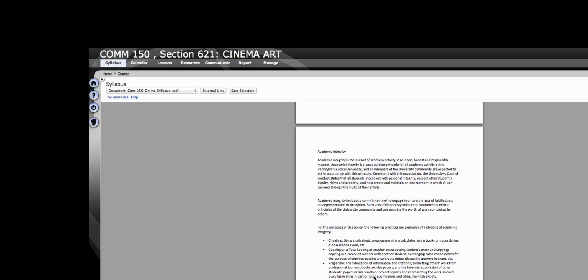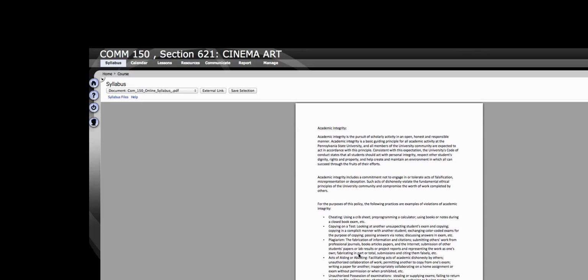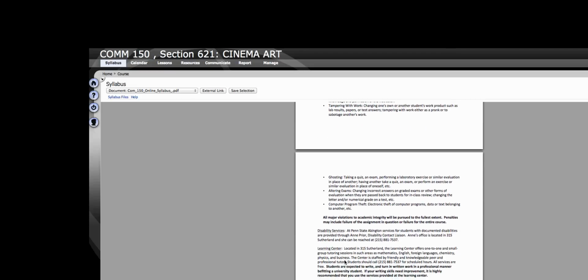Academic integrity, basically do not copy anything from the internet and put it into a post and try and pass work off as your own. If you are citing a movie review or something like that, just make sure that you cite it and say where it came from. Don't try to pass somebody else's movie reviews or critical writing on a film off as your own. If you copy someone else's work and don't give them credit for it and don't say where you got it from, you can fail the entire course. So please don't do that.